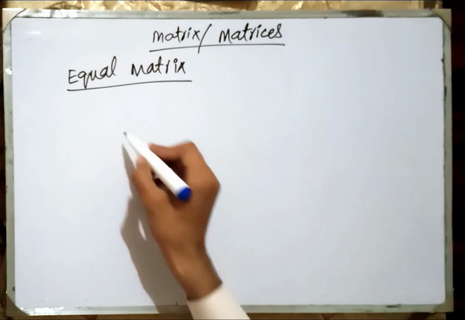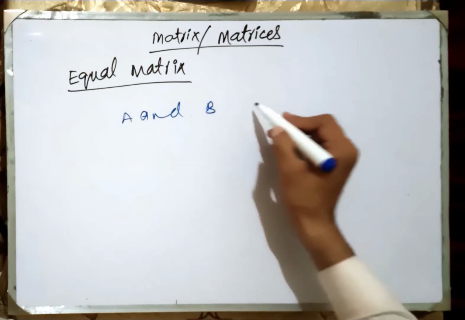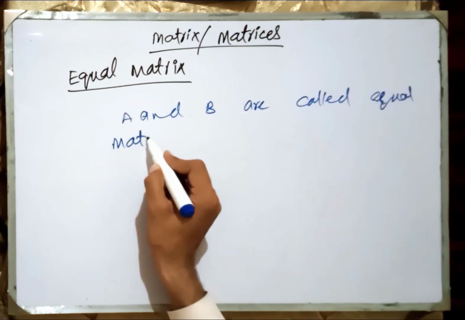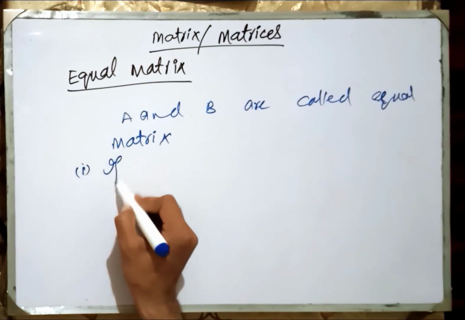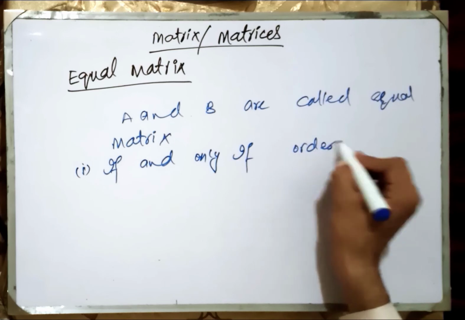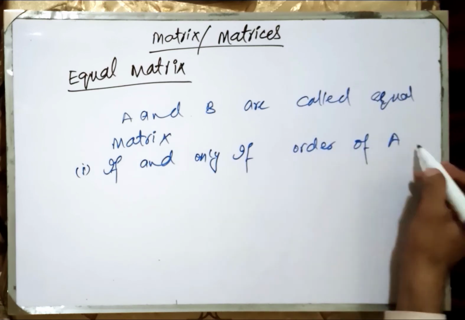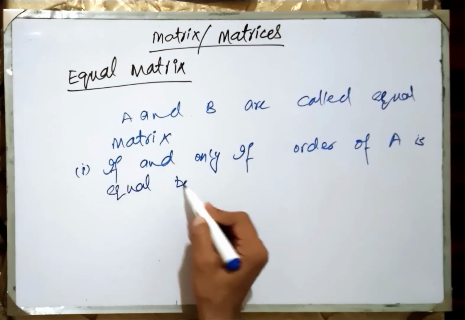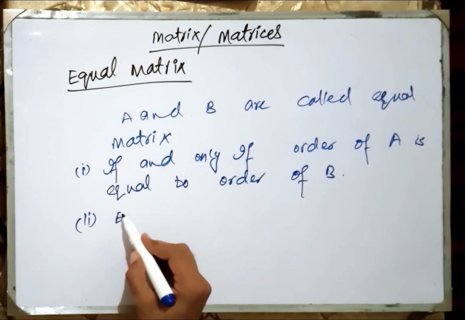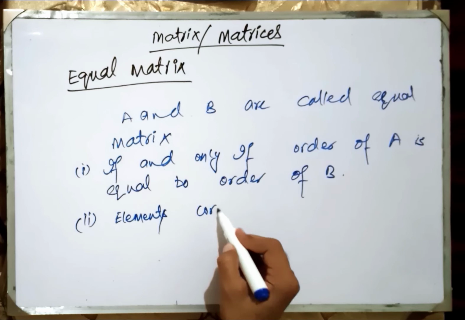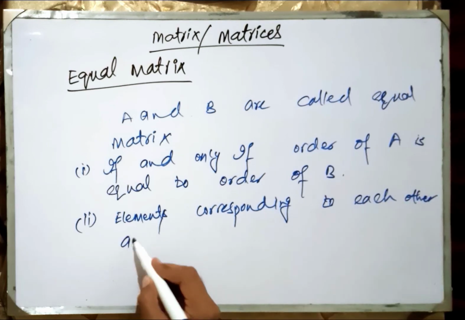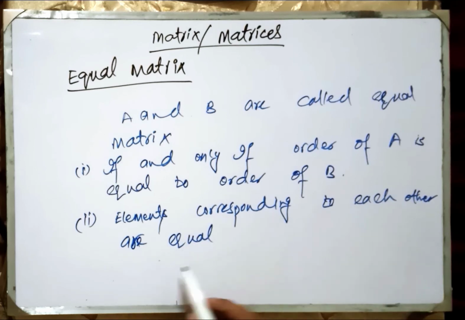Two matrices A and B are called equal matrices if and only if, first, the order of A is equal to the order of B. Secondly, the corresponding elements of each other are equal. Means that